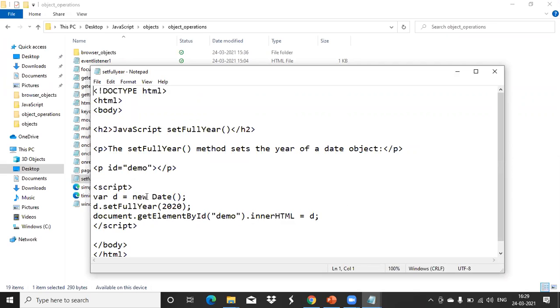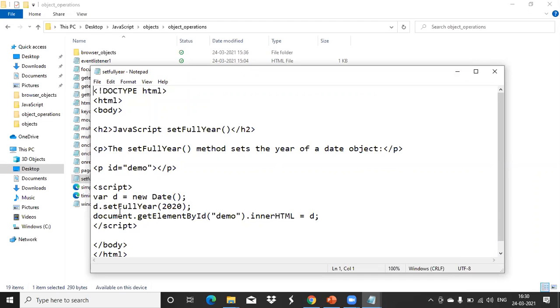D was already created for today's date, 24th March. Now we are setting that year value to 2020, so it refers to the same date and same month, but only the year value we have changed to 2020.